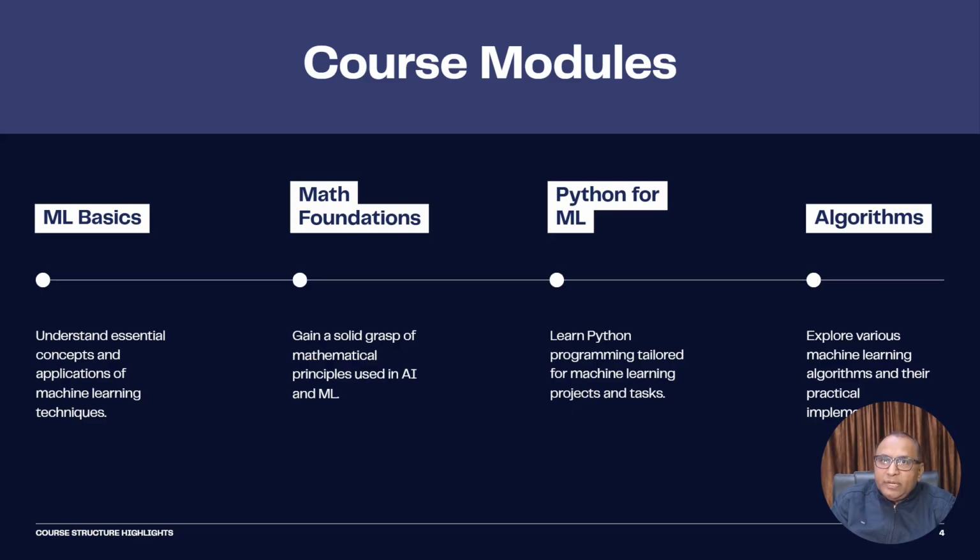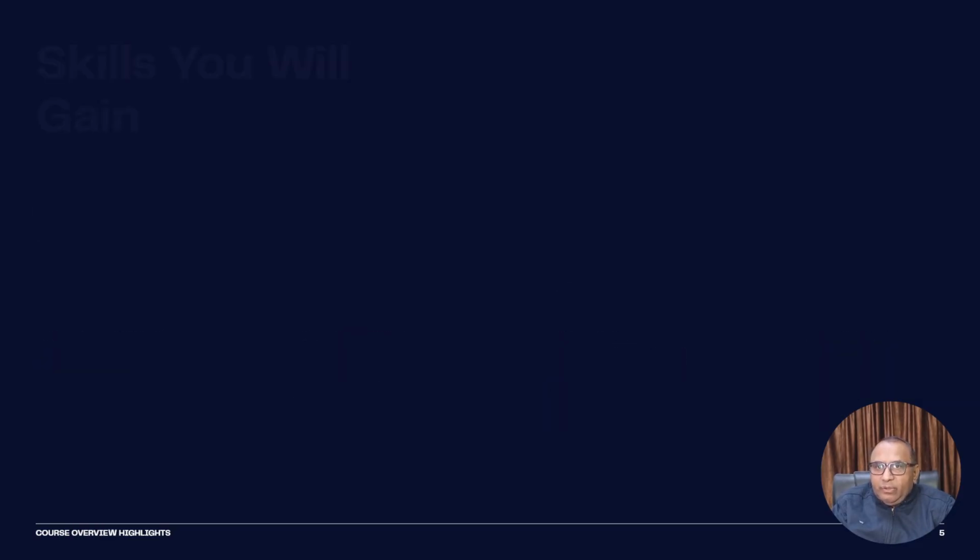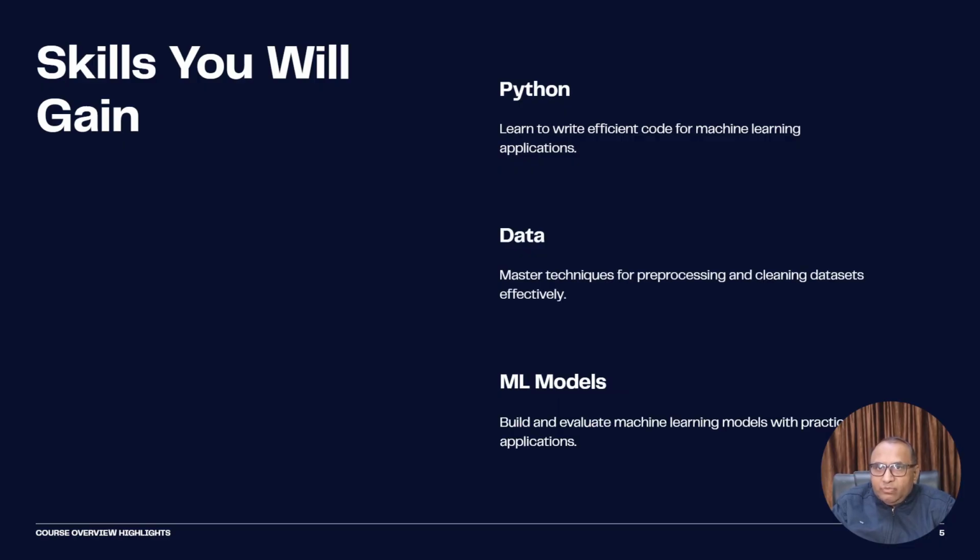You will explore key machine learning algorithms from regression and classification to clustering and neural networks. The goal is to help you understand how each algorithm works, when to use it, and how to evaluate its performance. The skills which you will gain during the course, by the end of this course, you will be able